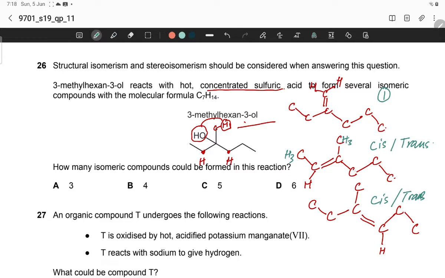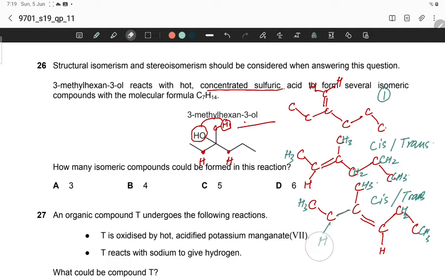CH3, CH2, CH2 and CH3, and similarly H3C, H, and this is CH2 and CH3, CH3. So this is one compound,